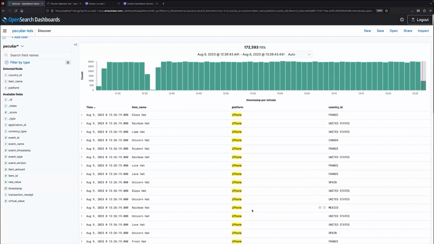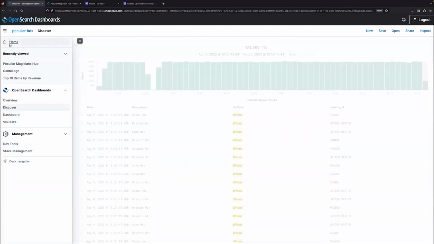Now, this is great for DevOps folks or developers or people who just want that flexibility to go ahead and do a search on your data. But maybe you want to present this to an end business user who doesn't want to have to worry about searches, but just wants that high level dashboard of the data that's important to them and the metrics that they're seeing. And this is where we can go ahead and end up working with a dashboard.